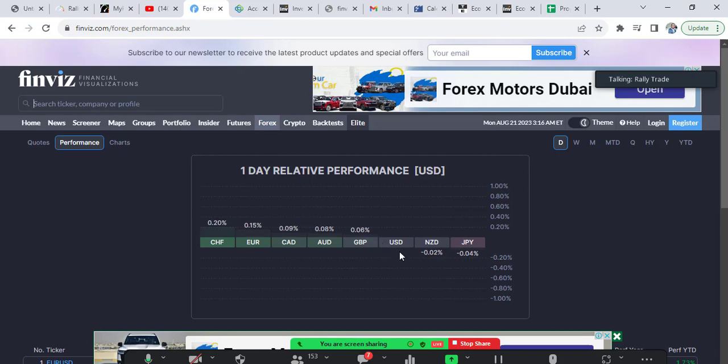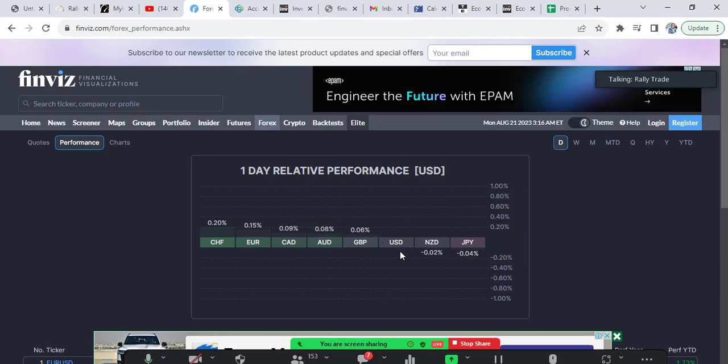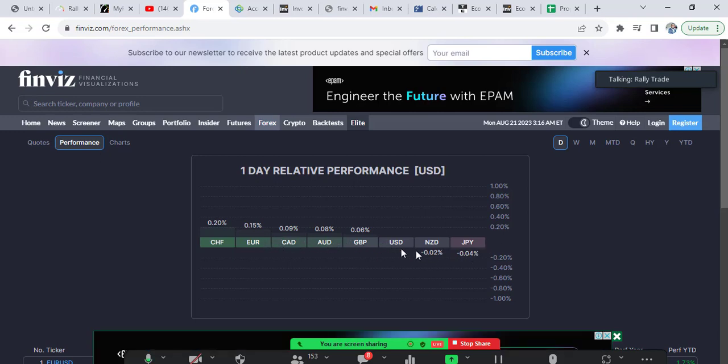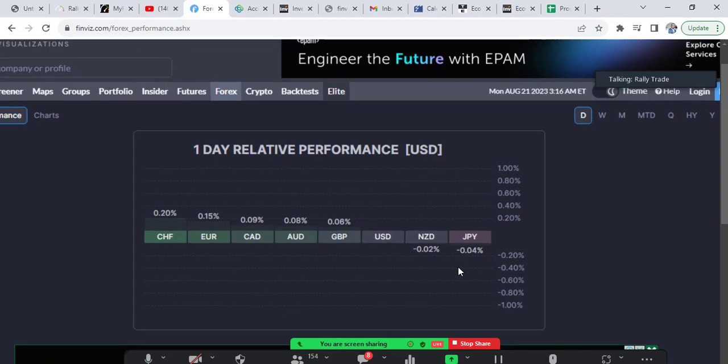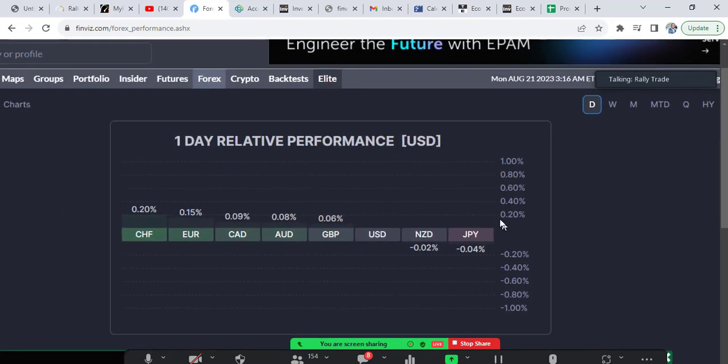of interest, right? So maybe during the course of the day, just maybe, the dollar might move a bit towards the left-hand side. Of course, for those of us seeing this website for the first time, currencies towards my right are the weak currencies, right? Like right now, JPY is very weak, so it's a good time to sell the Japanese yen. And for this morning, we are seeing that the euro is very strong.